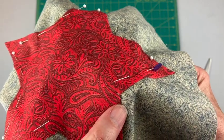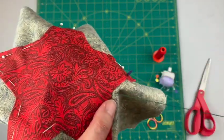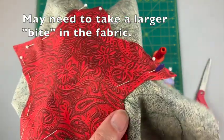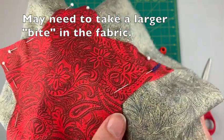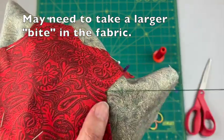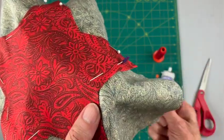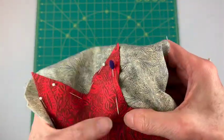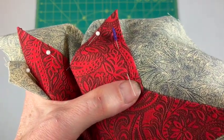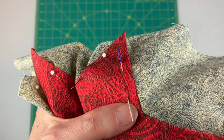And right here, it's hard for you to see, but when I go into this spot, there's hardly any fabric on the other side of it because I cut that right up to that paper. And so this is where I really need to put some extra stitches in to make sure that it doesn't fray there. I think I'll put one more. And then I'll move on. So as I come out of the crevice, I'm still going to put my stitches kind of close together, but not right on top of each other. Scoot over,